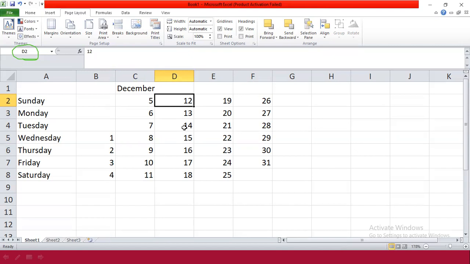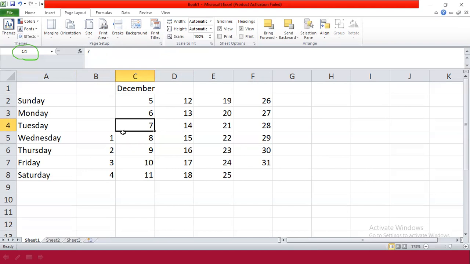Let's move to our next point, that is editing data. How to edit data? Editing as well as formatting. Suppose this title I want to color, or I want to increase its size, or if I typed something by mistake, suppose I have typed here 8 and I want to make it 6, I can click in this cell and just type the new thing I want, right? Got it?